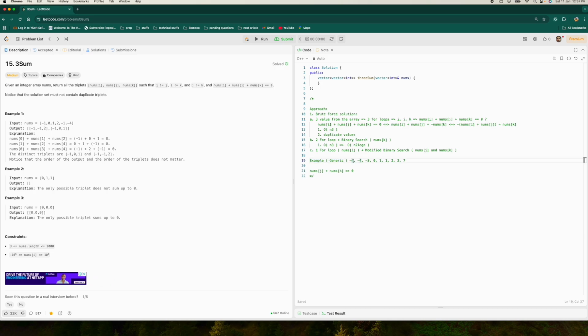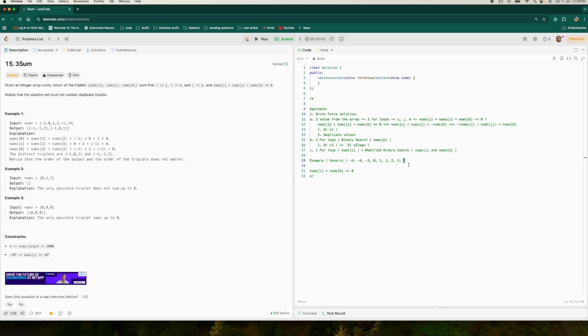What we can do is, j can start from just right of the i, and k will start from the end, in our binary search, such that nums i plus nums j plus nums k will be zero, because you already know that if the right is the biggest and left we have, if we have an integer array with both negative and positive values,